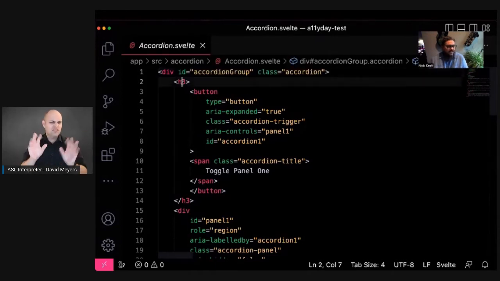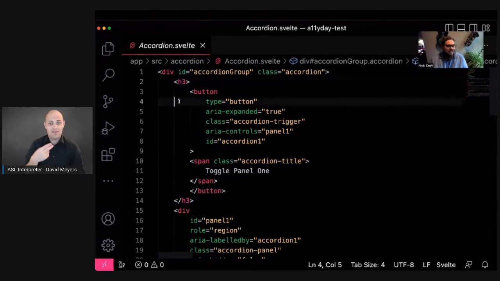Now we've got that H3, and we're using heading tags so that these can be part of headings as they appear above sections. So that is a little bit different than what we might have with a different kind of control, like a tab group, where it's not really separate sections that are there. So this is going to be labeled using headings.